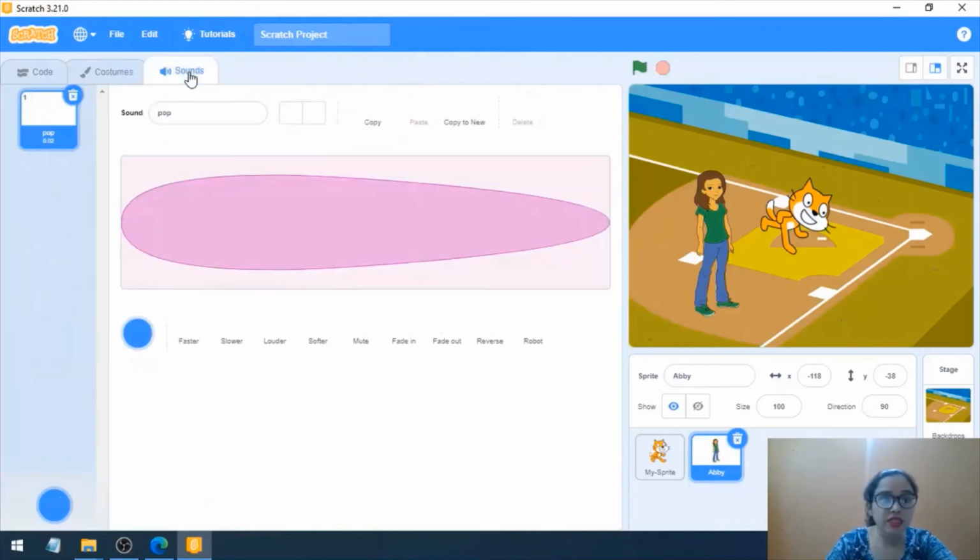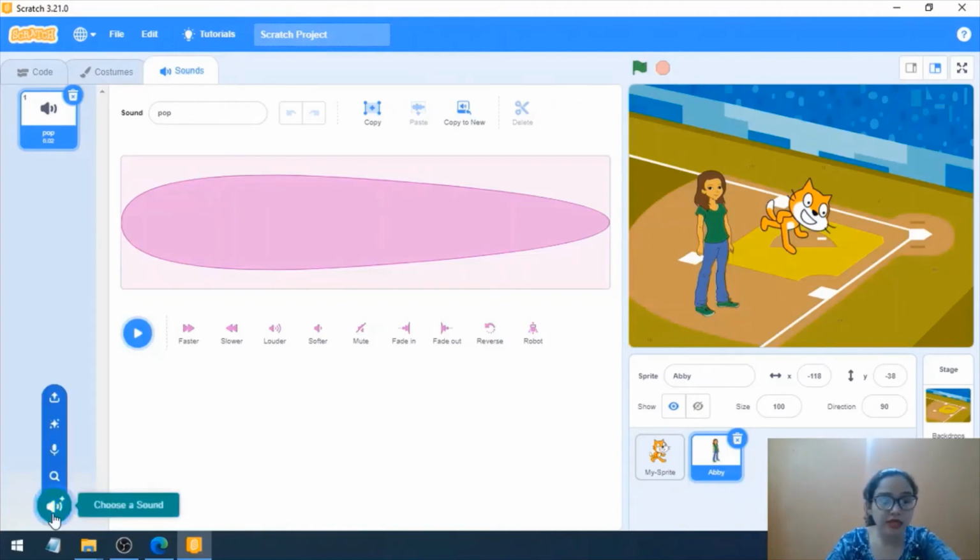The next one is the sounds. When you will be learning about programming later on, when you will do the projects yourself, then you will see how you can add sound also. In that scenario we'll be using this sound option.